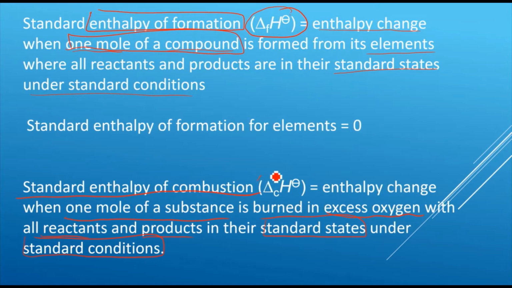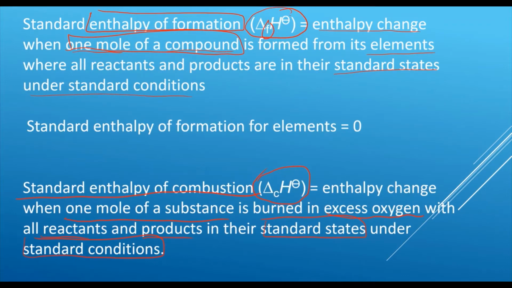So again, looking at the symbol for it, we still have the standard state symbol and the standard condition symbol, but from the formation we had, it turns into a C now. So we have combustion this time. When we were doing the standard enthalpy of formation, the product could only have 1 mole. But in the standard enthalpy of combustion, it's the opposite, and the reactant we are reacting can only have 1